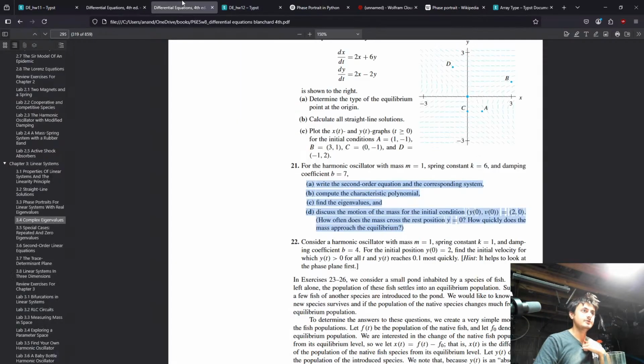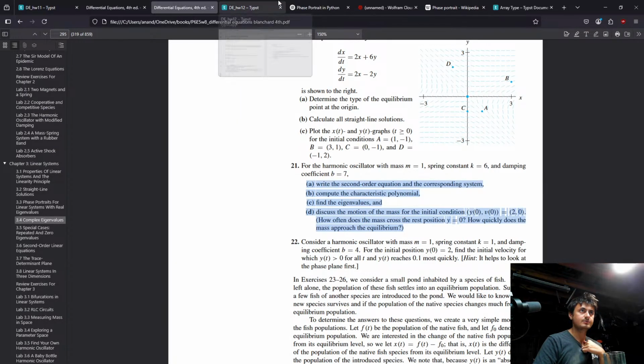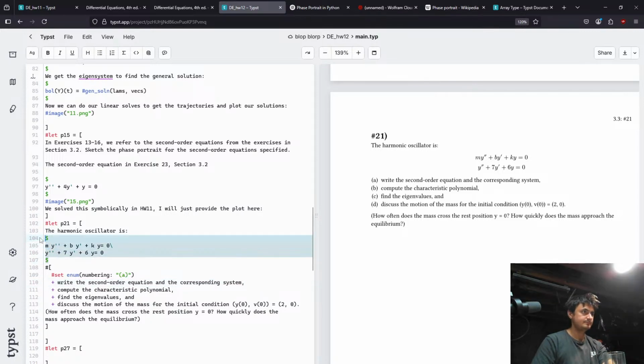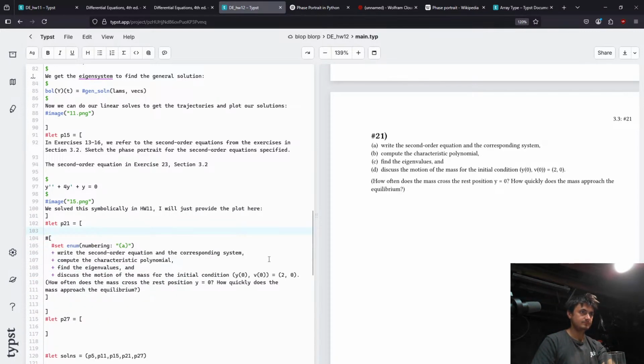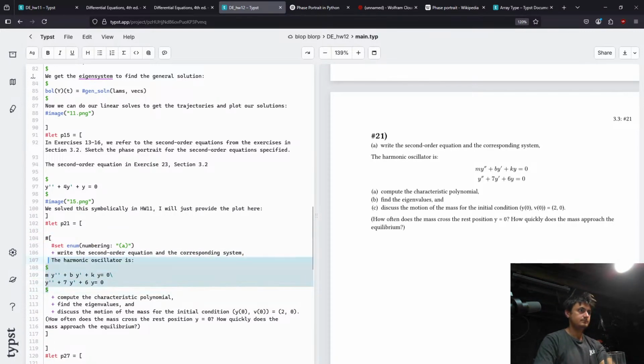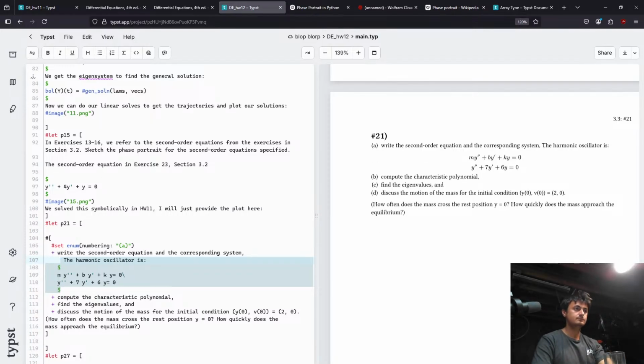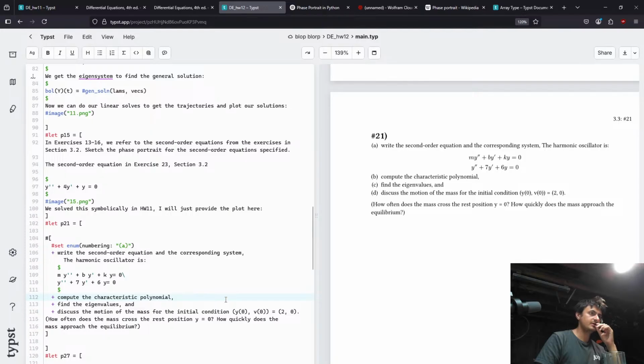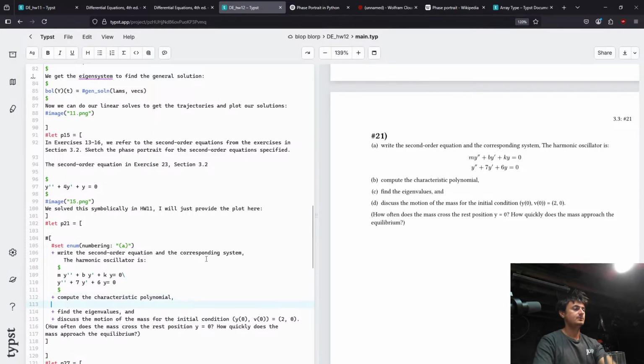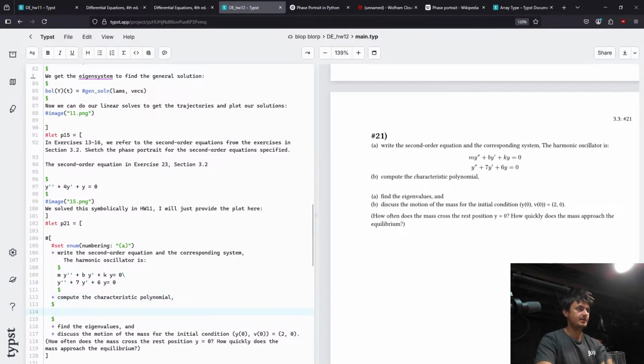Write the second order equation in the corresponding system. Okay. Okay, then compute the characteristic polynomial. Okay, so then we get